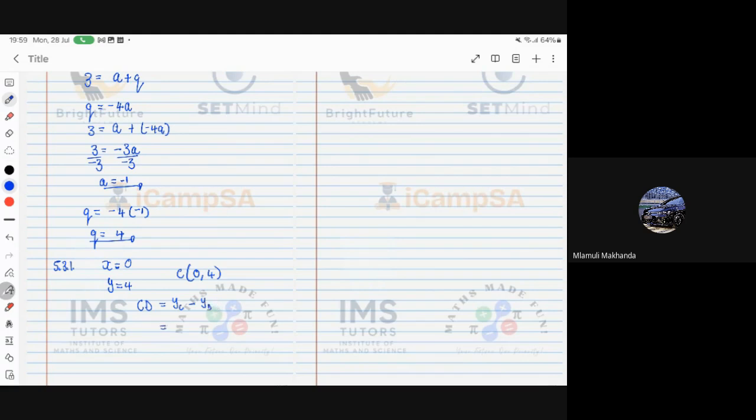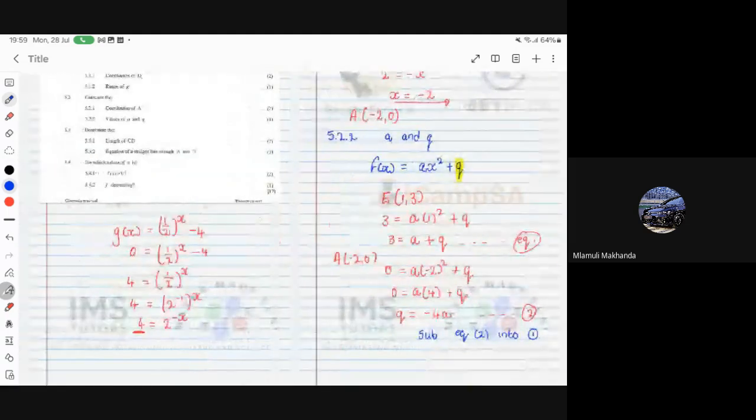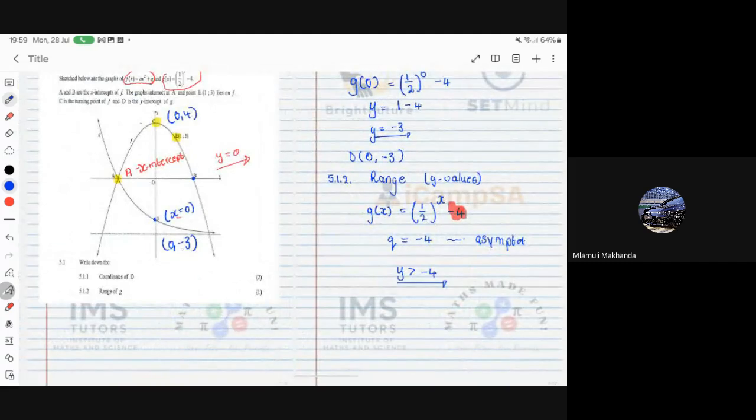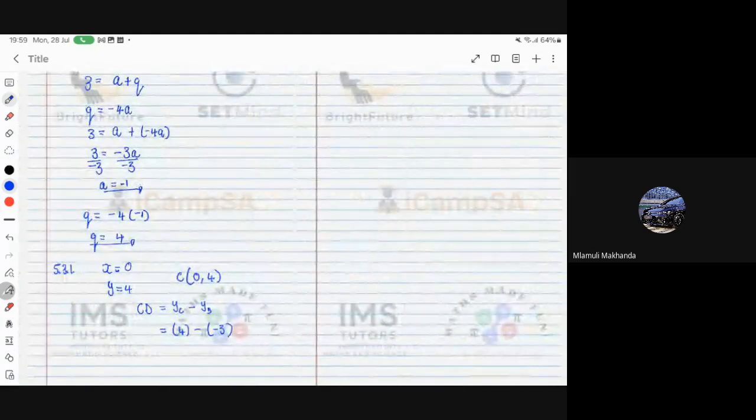YD is going to be equal to what? What is our YC? It is 4 minus YD, and YD is minus 3, if I remember. That is our value of D. Negative and negative is going to be a positive. 4 plus 3 is equal to 7 units. It can be meters, it can be centimeters, but here we are not given anything, so we are just going to say it is